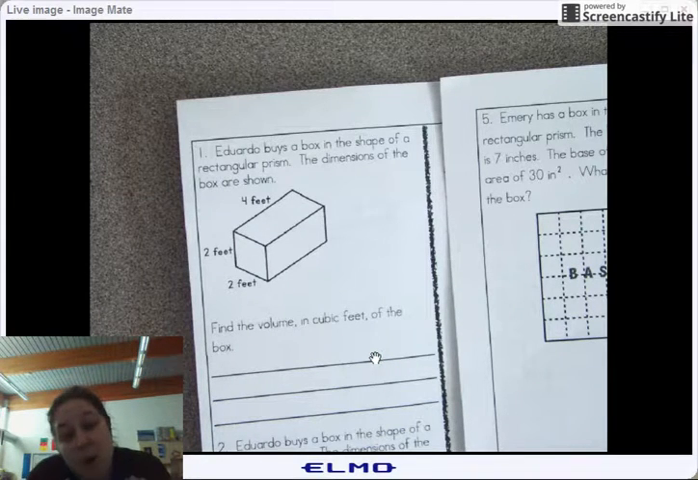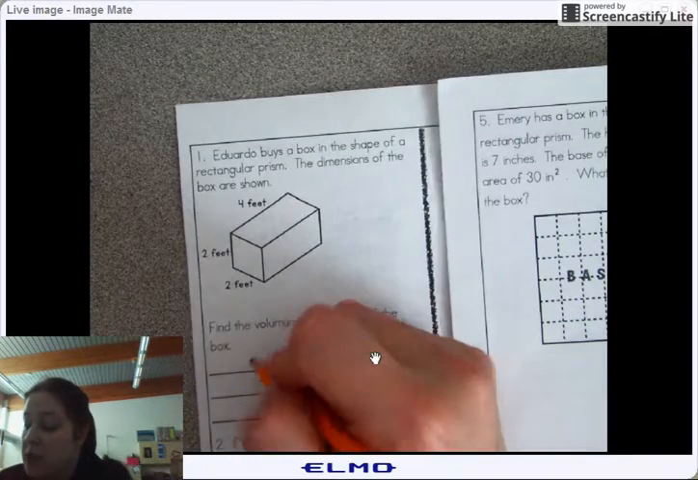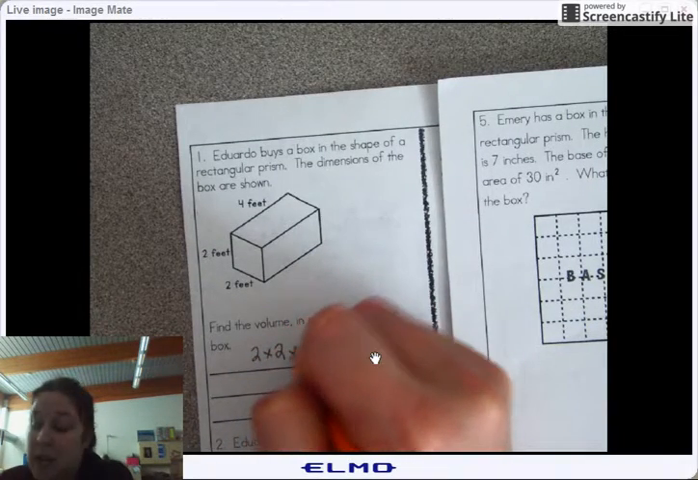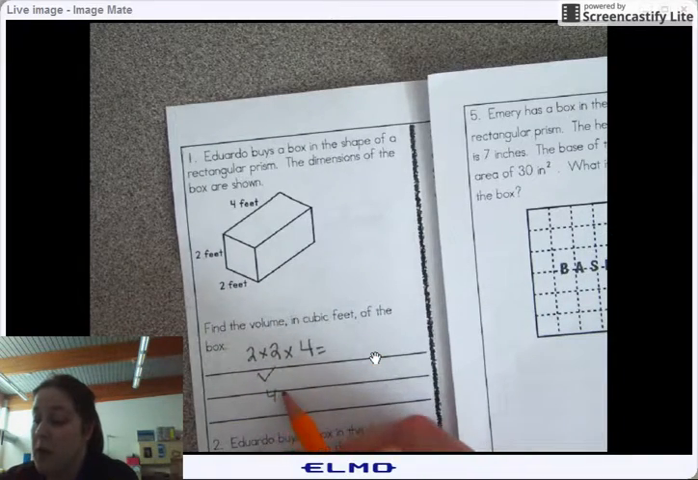So we're going to start with number 1. Eduardo buys a box in the shape of a rectangular prism. The dimensions of the box are shown. Find the volume in cubic feet of the box. So once again, we're going to take 2 times 2 times 4, and 2 times 2 is 4, and 4